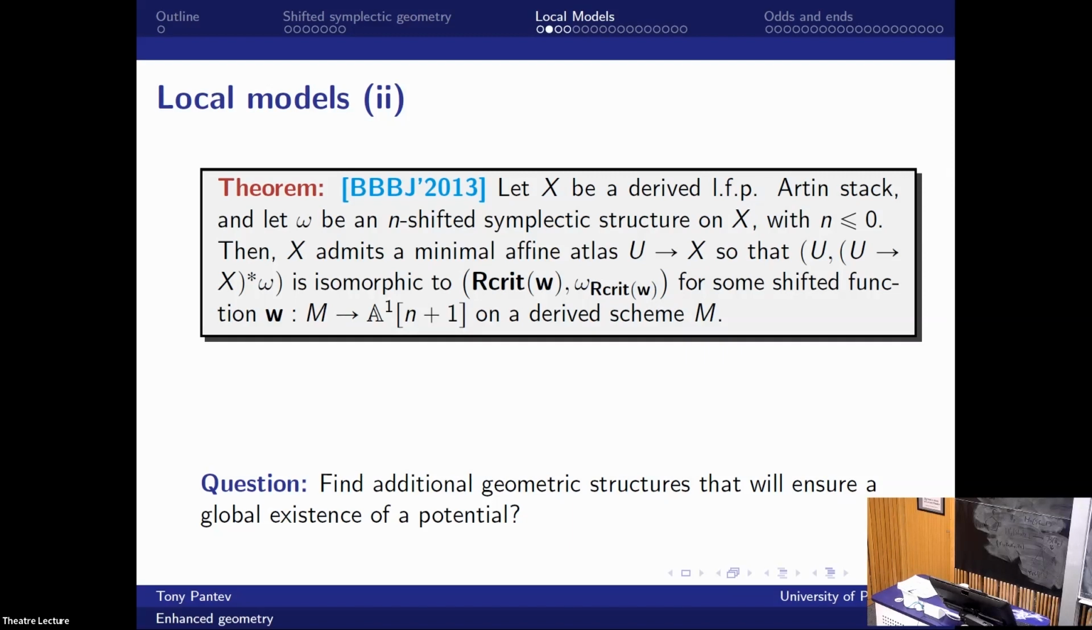Okay, so this is the theorem. It's a very nice and powerful theorem which gives you that locally everything behaves in the expected fashion. So if you start with something, say -1 shifted symplectic, locally you can write it as a critical locus of a function, and that function will be meaningful. But then